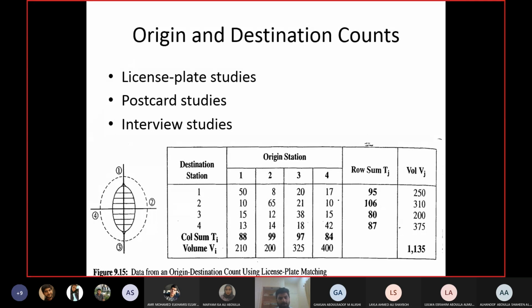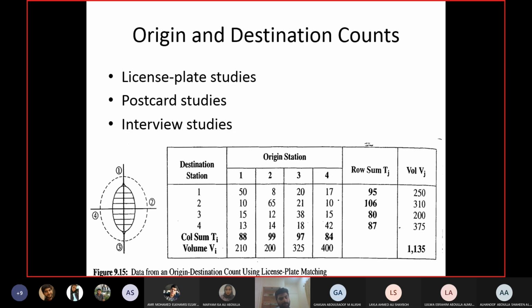It can be used for many purposes: for census data, for transportation planning, for designing a bus transport system and so on and so forth. Interview studies are more detailed, and usually require you to go to the houses of the people. You randomly select some houses and do interviews in their houses, or you go to certain destinations, for example shopping malls and office areas, and do the interview studies there. Anyways, it has nothing to do with collecting data on the roads. In interview studies, data is not collected on the roads; it is collected where people are relaxed and have the time to answer your questions without any danger.